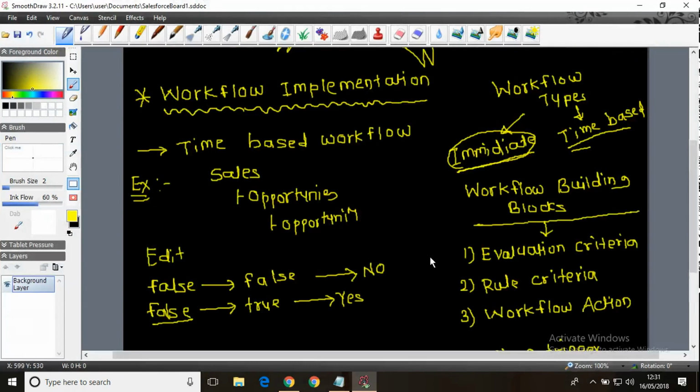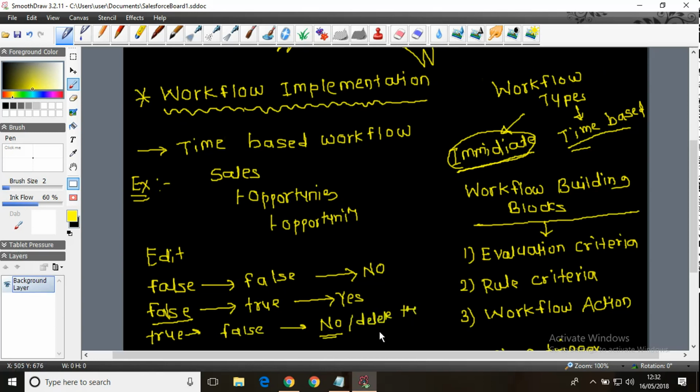Remember some key things about time-based workflow. Whenever you have it true here, and then you change it and make it false, naturally it will not schedule any mail. Rather it will delete the scheduled alert, if any.